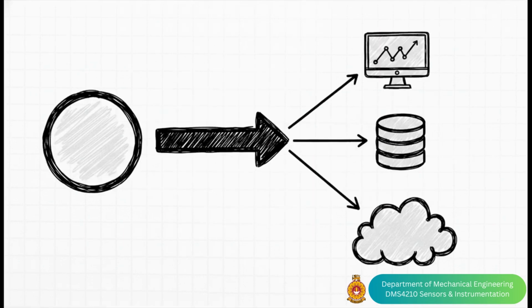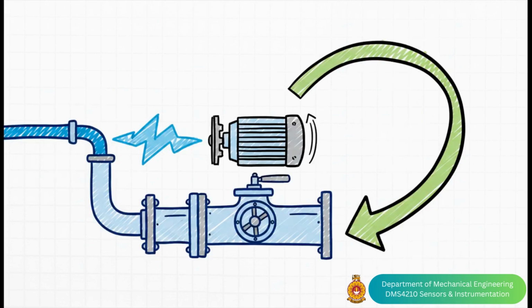Then we reach stage 5, data presentation. After all that invisible electronic travel and high-speed calculation, this is where the data finally meets human eyes. The processed info gets displayed on monitors, so operators can actually read it. It's stored in databases for historical records and trending, or it's communicated straight up the chain to broader, facility-wide data management platforms. And finally, the whole shebang wraps up with stage 6, actuation, where applicable, of course.